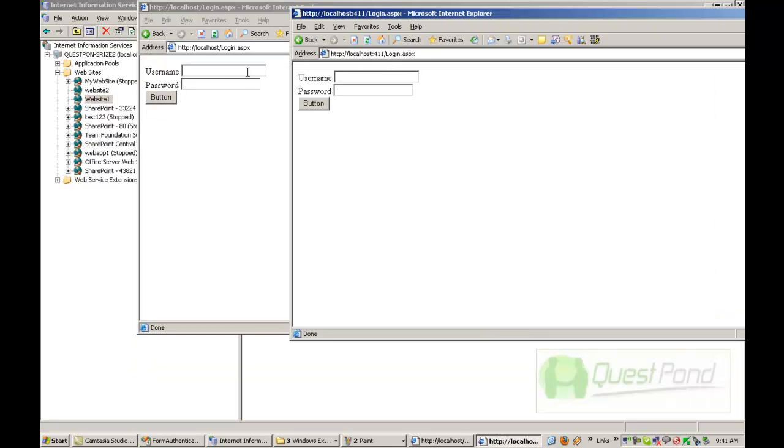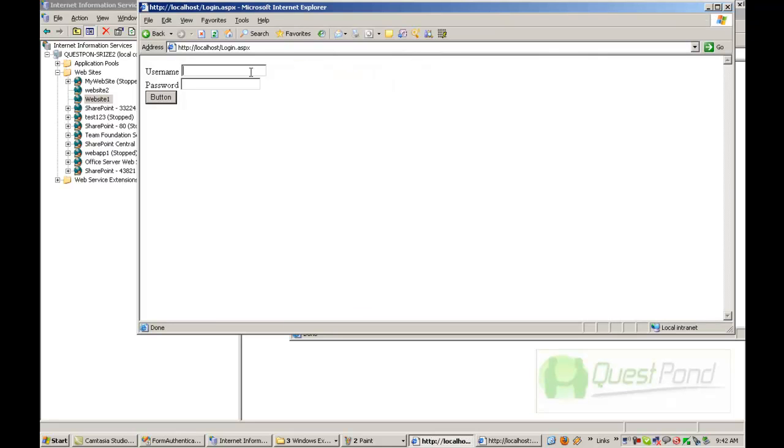Now, if I log in to this website, I should be able to browse the pages of this website. Just to confirm, if I go directly to user.aspx, it doesn't allow me to log in. I cannot browse this page directly. Now I'll go to my 80 port website and put a proper username and password here. Let's say shiv and pass@123, whatever was specified in the web.config file, and let me log in. Now I'm logged into this website.